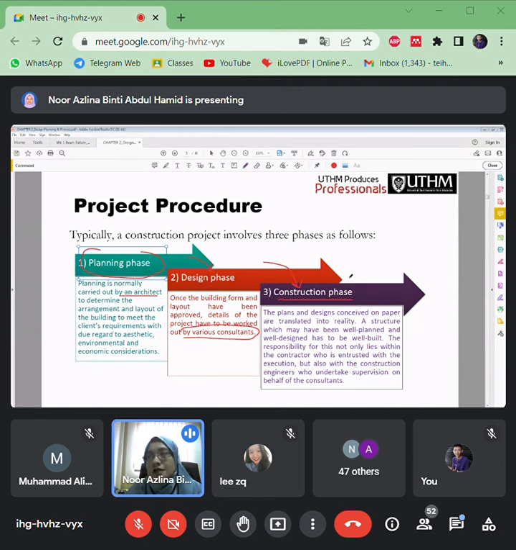Kat sini lain dia punya, you punya scope of study. You are more on supervision, which is you will supervise the works that should be constructed according to the structural drawings that come from the consultant engineer. So the sizings, the positions, how deep the pilings are, the size and the number of reinforcement bars should be exactly according to the drawings.